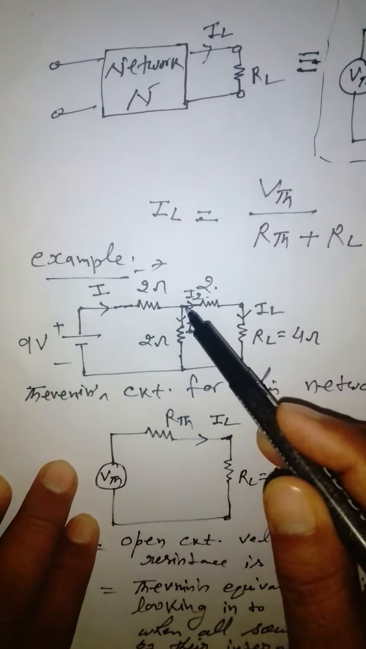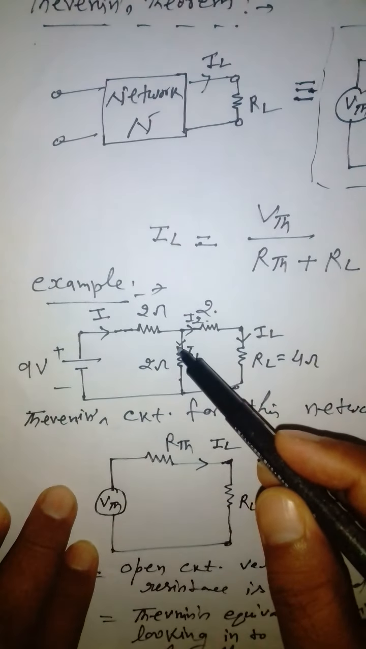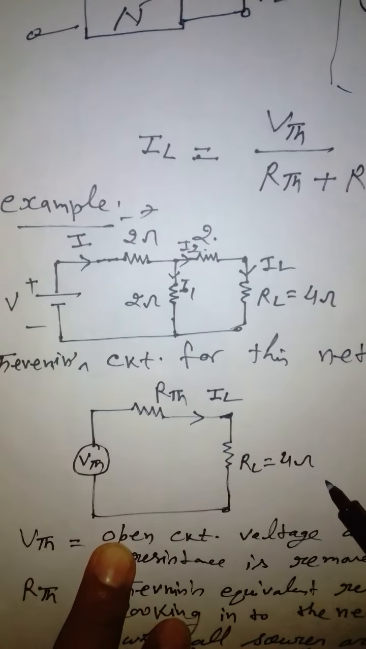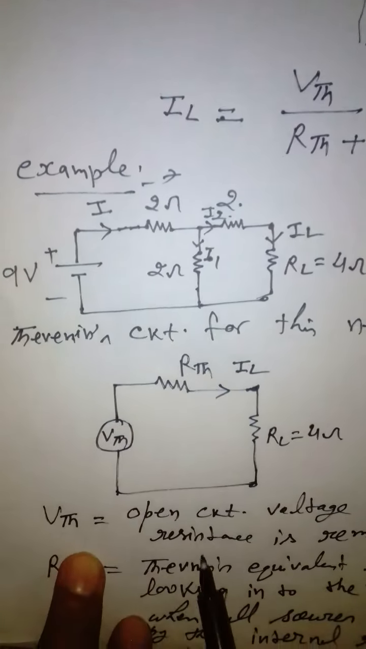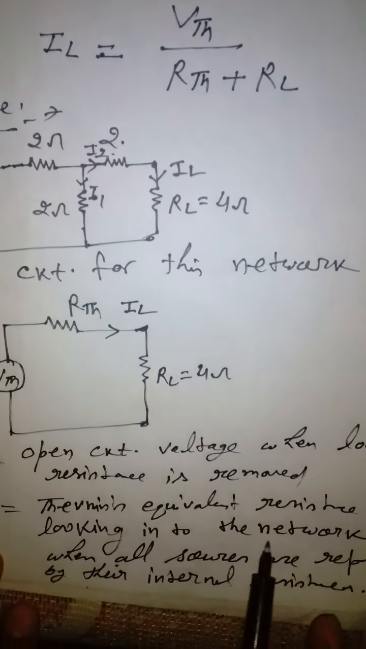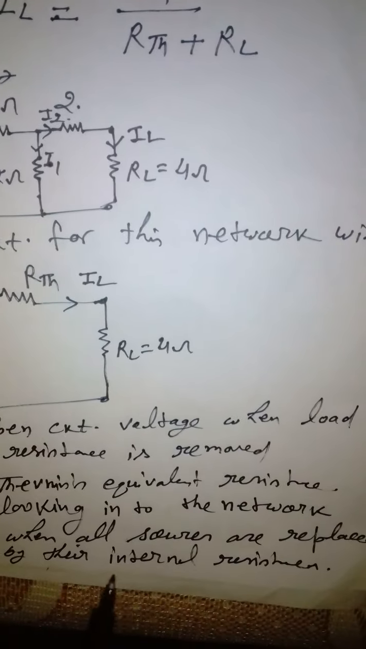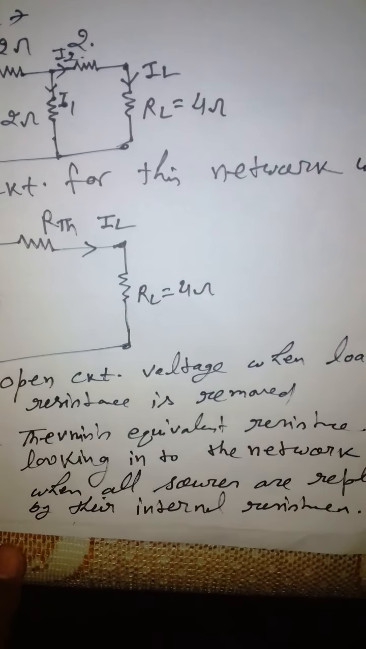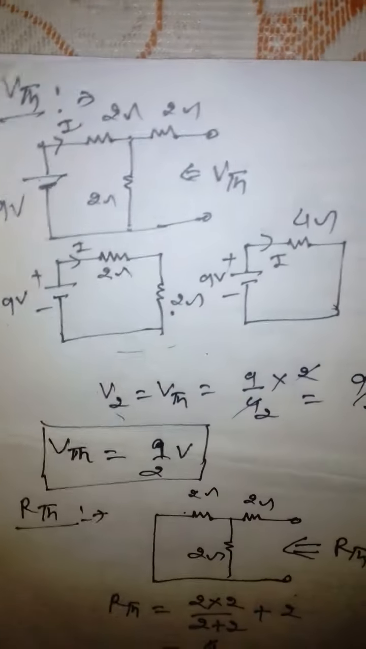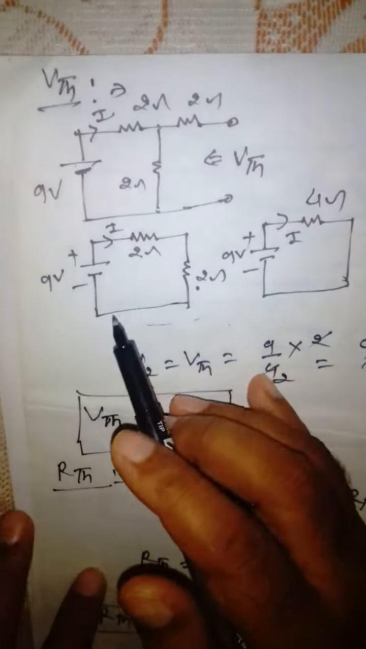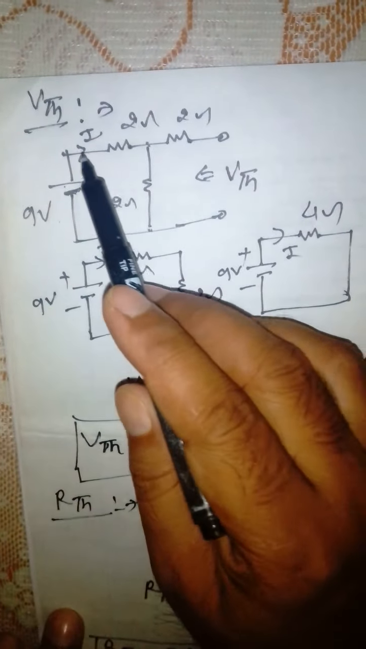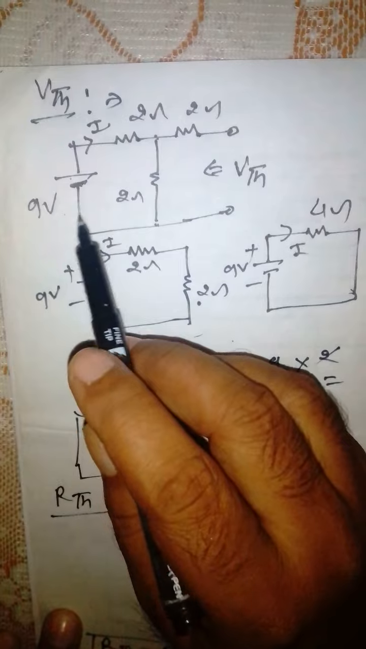So the Thevenin's equivalent network of this circuit will have VTH, RTH and RL equal to 4 ohm, where VTH is the open circuit voltage when the load resistance is removed, and RTH is the Thevenin's equivalent resistance looking into the network when all sources are replaced by their internal resistances. So first of all, we will have to find out VTH, that is the open circuit voltage, Thevenin's voltage. So now we will redraw